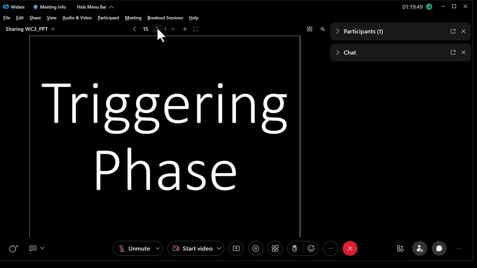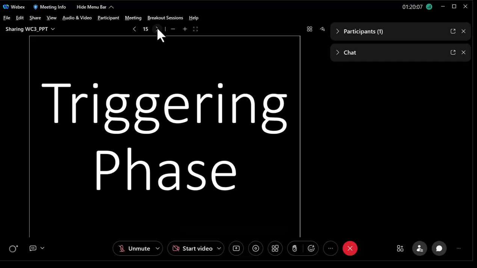And then you're going to begin your session, and it's going to be done in the practical inquiry model using the triggering phase, exploration phase, integration phase, and then resolution phase. And what you should have is the signaling slide at the start of each one of these, with the black slide and the white writing.